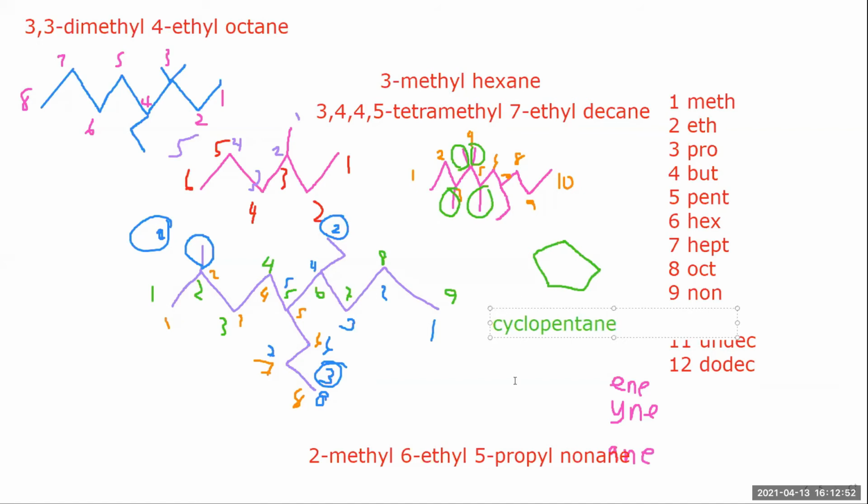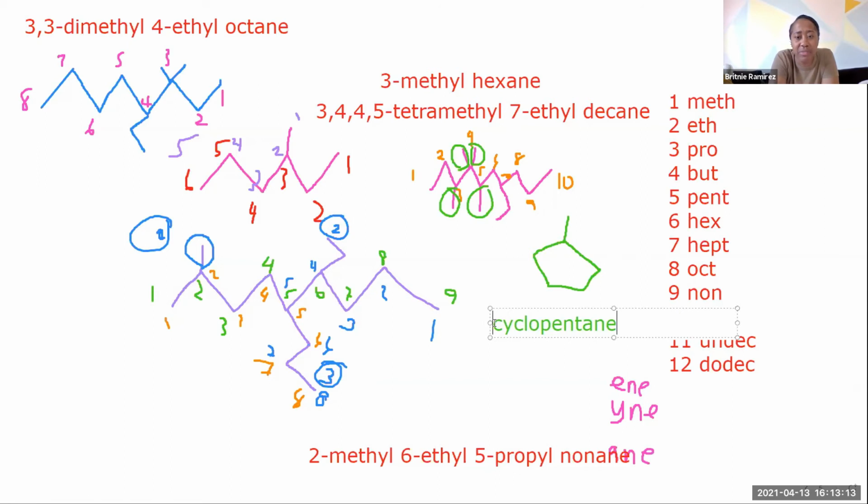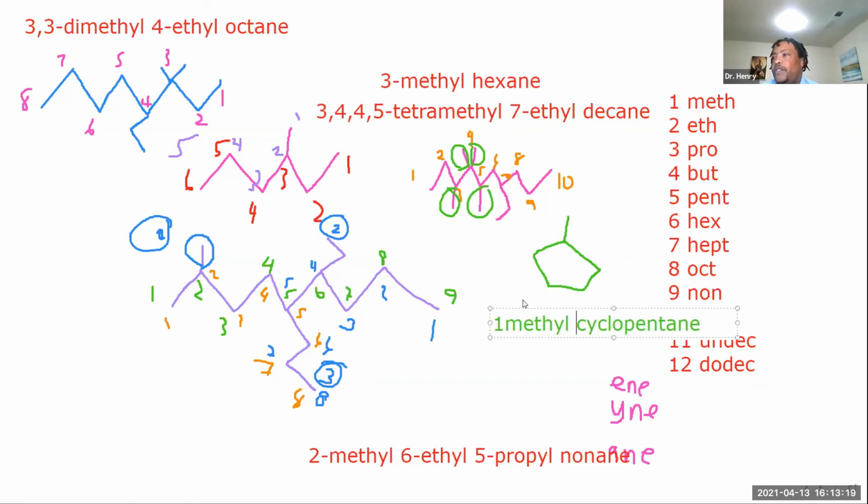Got it. Now, if there's something coming off the branches, how do you indicate what point to start at? Wherever that branch starts will be one. So that would be 1-methylcyclopentane. Will there ever be multiple branches off of something like that? Yes, unfortunately. And then you just go with the functional group that has the most importance. So in this case, it's a methyl, and you start off with that one.